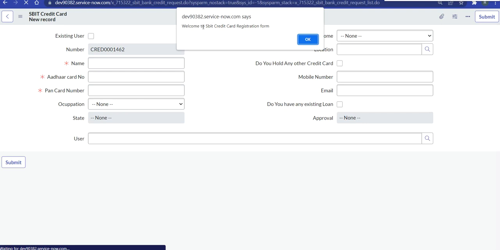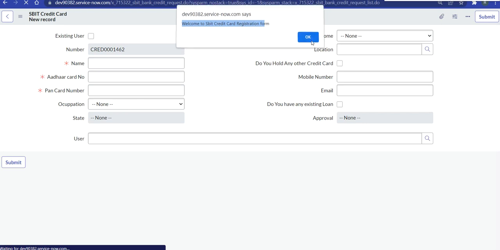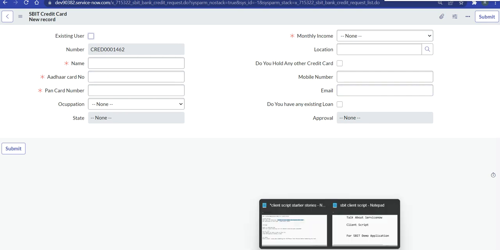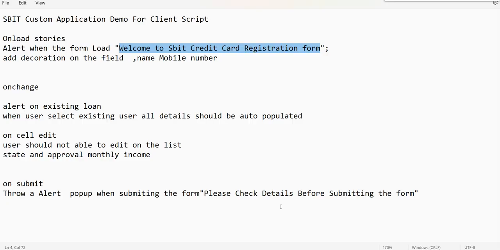Yes, you can see here the alert pop-up, welcome to the SBIT credit card registration form. The form is not loaded yet. When we click on the OK button, the form loads. This is nothing but onload. Whenever the form is getting loaded, if you want to perform certain actions, we can use this onload. Next, coming to the next story we have, add decoration on the field name, mobile